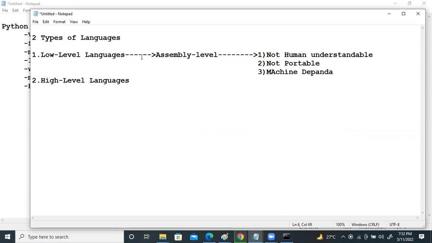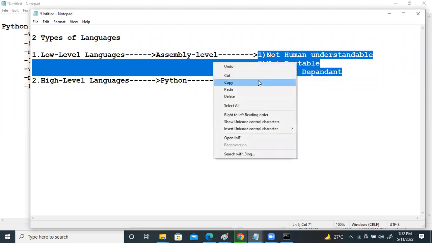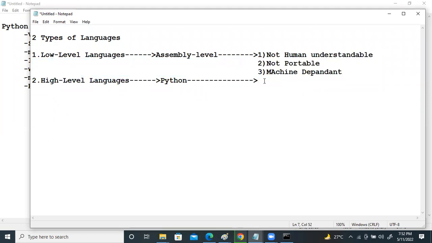But high-level languages like Python are human understandable. They are portable and machine independent. They can run on all the hardware and all the operating systems, right?